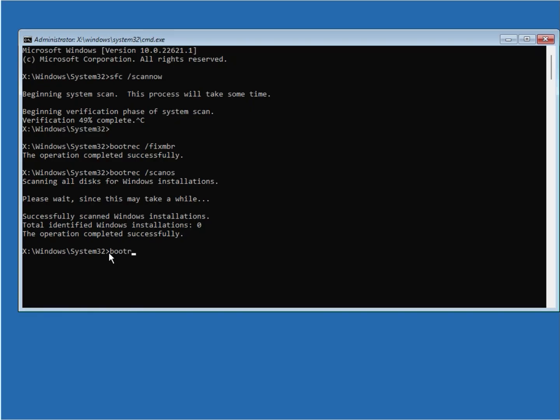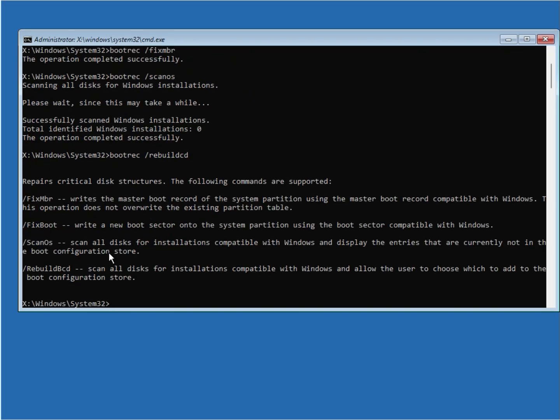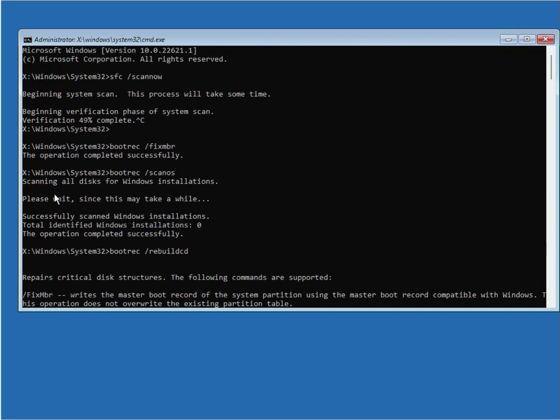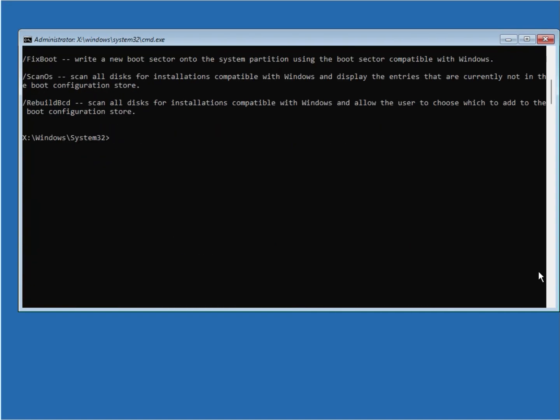bootrec space slash rebuildbcd. Okay, then next, these are many commands to resolve your system issues. So last,